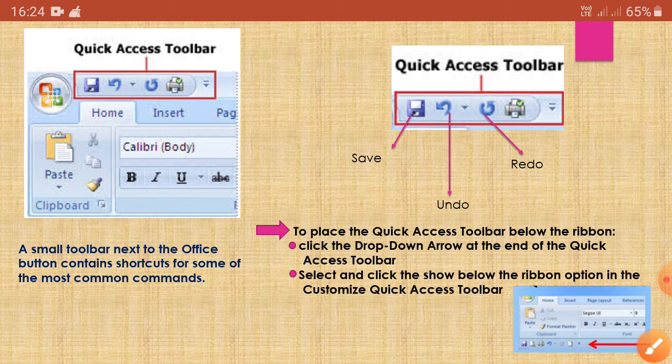Okay, so if we click on this drop down arrow and then click the show below the ribbon option, then the quick access toolbar will be placed below the ribbon.